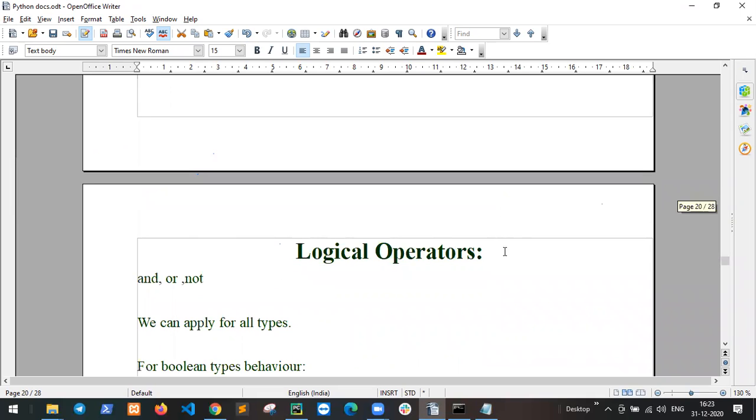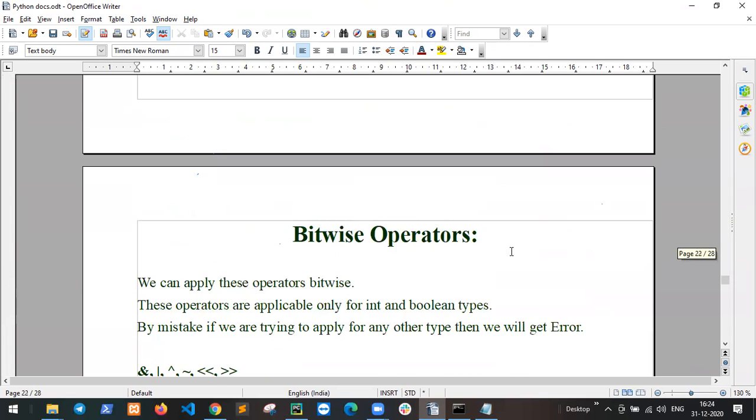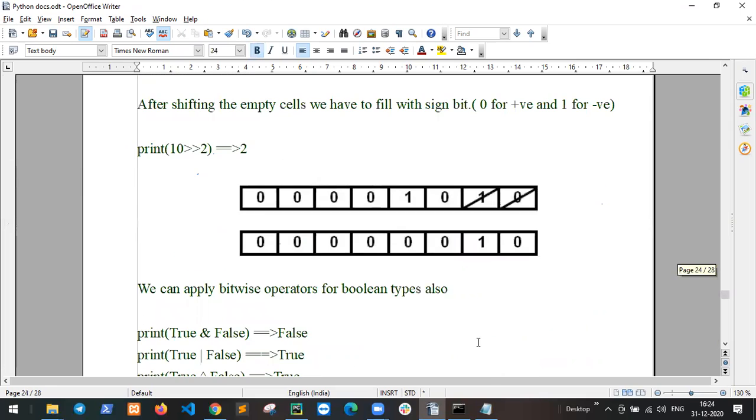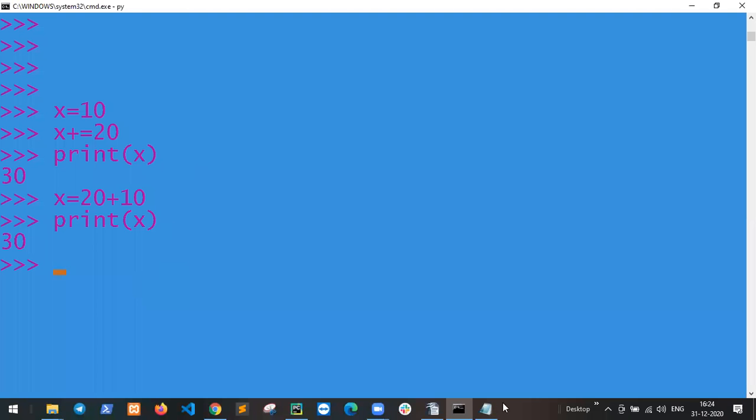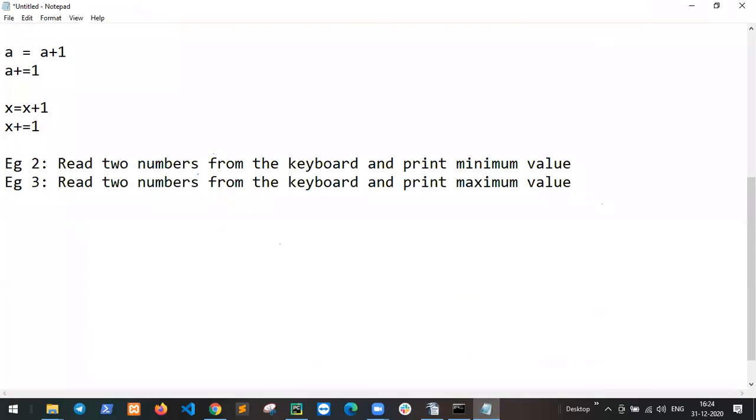Excuse me, sir. Can you explain? You gave 3 homework tasks in this case. Can you explain the first one? Okay. Enter the first value 2. Enter the second value 3. Enter the third value 4. Read the numbers from the keyboard and print the maximum value. Two numbers, three numbers. And find and print the minimum value. So what is the minimum? 2, so print 2.